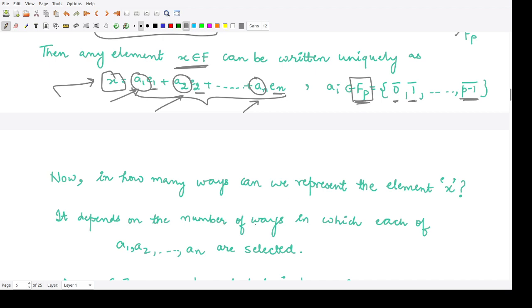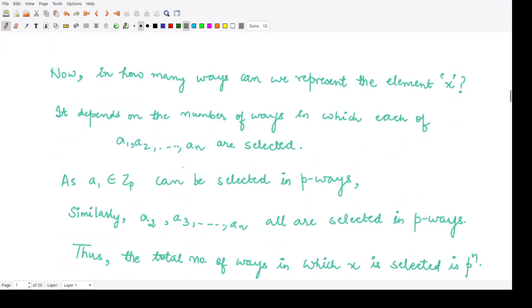So it depends upon the number of ways in which each of a1, a2 up to an is selected. Because a1 is present in Zp, which has the elements 0 class, 1 class, 2 class up to p minus 1 class, it could be selected in p ways, because it could be any one of these p elements.